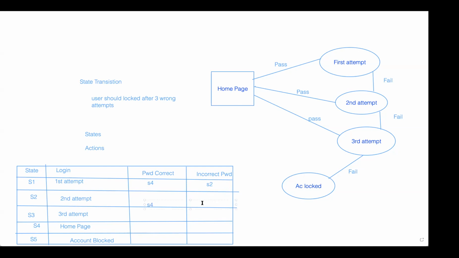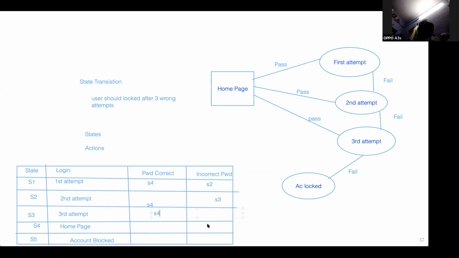S4. If it is invalid, it will go to S3. Okay, and if it is invalid, it will go to the third attempt. Now we will go to the third attempt. If it is correct, what will go? S4. If it is invalid,